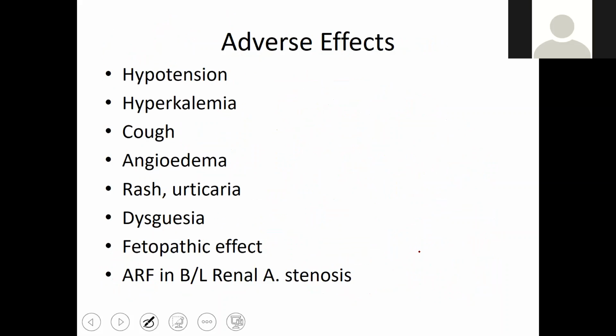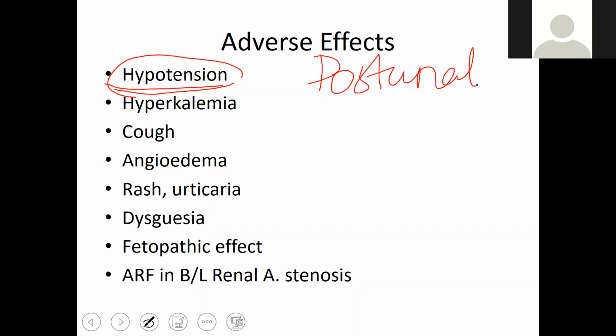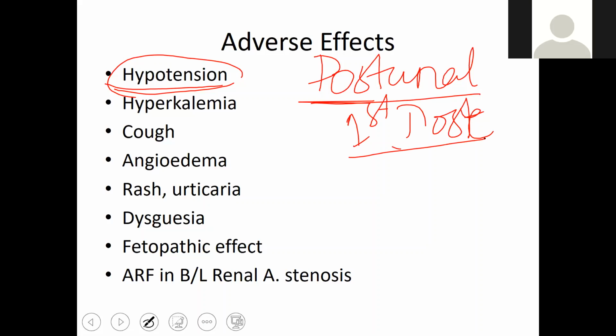Coming to the adverse effects, there will be hypotension because of the relaxation of the blood vessels. Angiotensin 2 action is the most important and most potent action, and because angiotensin 2 is not formed, there is usually hypotension. One exaggeration is postural hypotension because of the very fast and short period of action of captopril. Postural hypotension usually happens with the first dose, and may not happen with others. Anyway, it is one of the side effects.